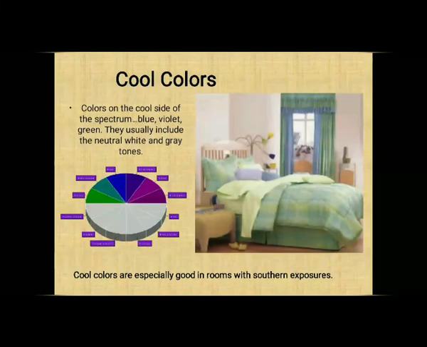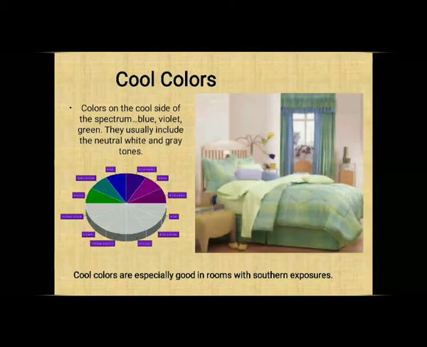So next part is cool colors. If half of the wheel is warm colors, the other half is cool colors. These colors usually come from green to red violet. Okay, green to red violet is cool colors. So if anybody is interested in warm and cool colors, you can comment below, and I'll explain in detail.